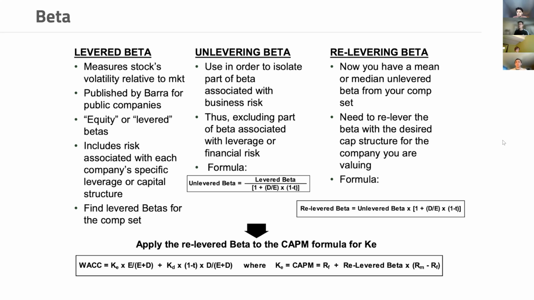And again, beta is important because it flows into CAPM, which we use to find the cost of equity, which we in turn use to find the weighted average cost of capital, which then flows into our DCF. So there's a cascading effect where changing the tax rate is going to affect free cash flows too, because you're paying less taxes and taking home more money, but it's also going to have implications on your cost of capital, which will change your discount rate,